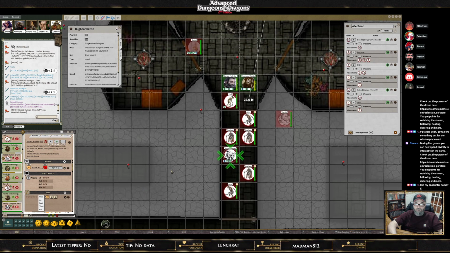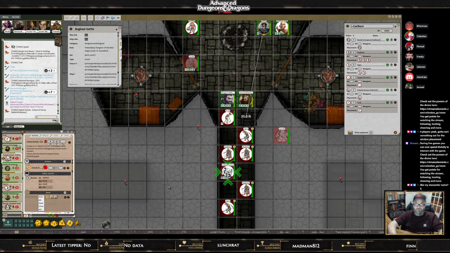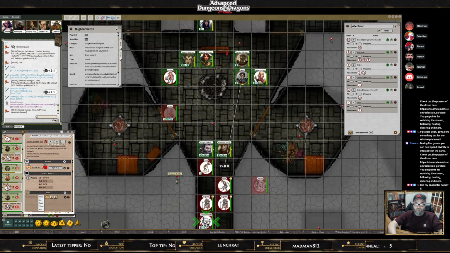So the robed guy in the back, he grasps something on his chest, holds the other hand out in front of him, and when he does, Jolliman,